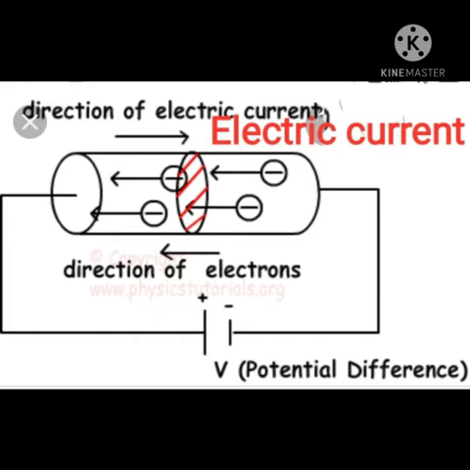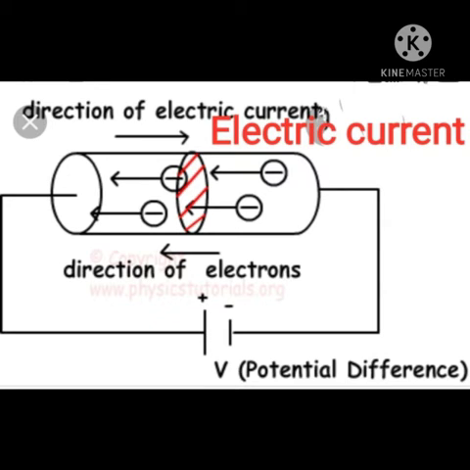The particles that carry charge along the conductors are free electrons which are free to move throughout the material. The direction of the electric current within a circuit is the direction in which the positive charges flow. Thus, these negative charged electrons move in the direction opposite to the electric field.